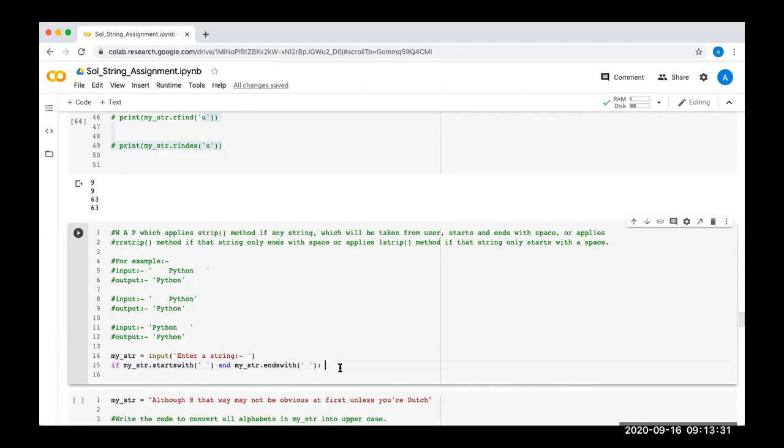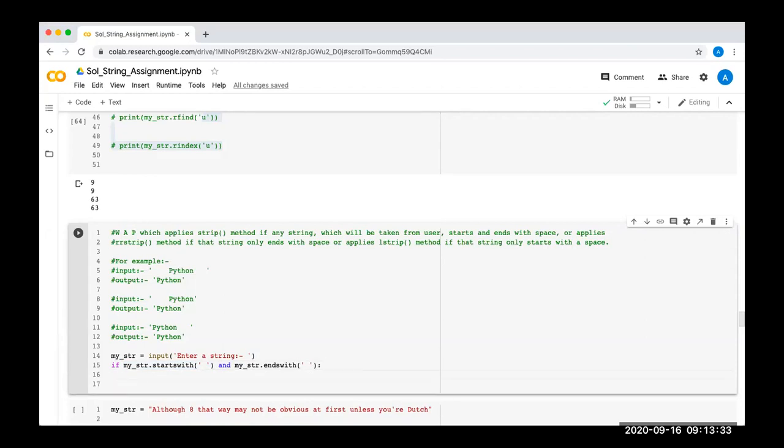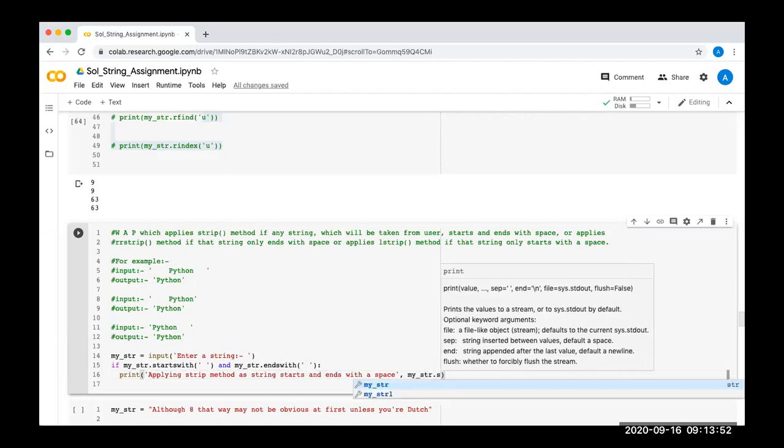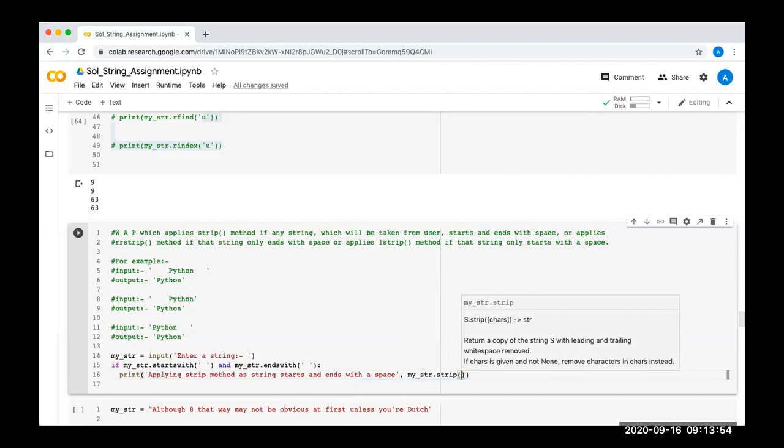If it is starting and ending both, then you apply print: applying strip method as string starts and ends with a space character. So we can write here my_str.strip. Or else